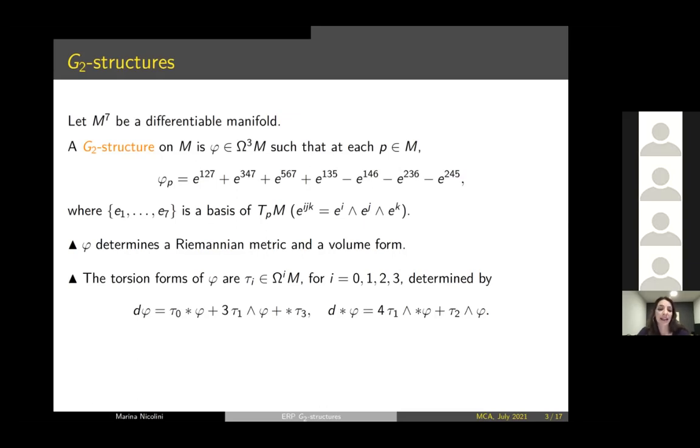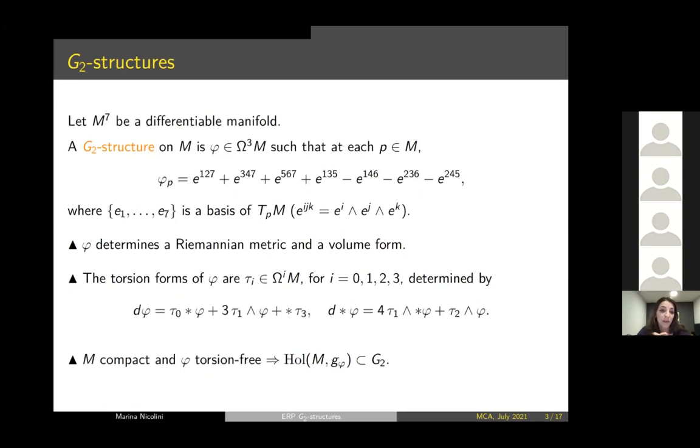The thing is that when M is compact and the G2 structure is torsion-free, meaning all the torsions vanish, then the holonomy of the Riemannian manifold M with the metric g_phi is contained in G2. So G2 structures are a tool to construct holonomy G2 manifolds. I'm not going to lie to you, I don't know anything about holonomy, but people say that constructing torsion-free G2 structures is not easy. And that's why